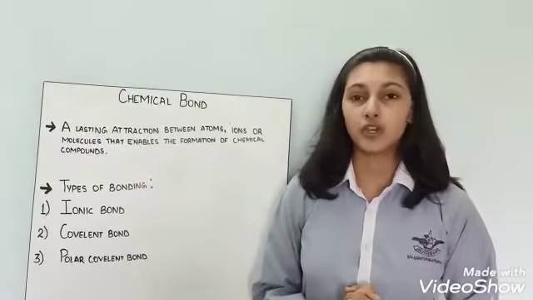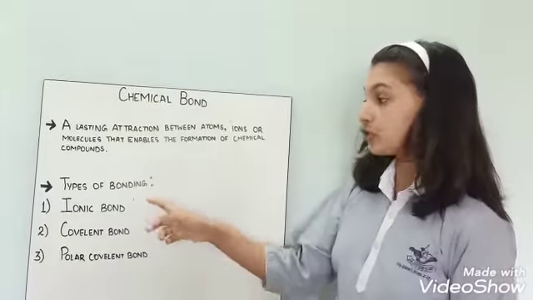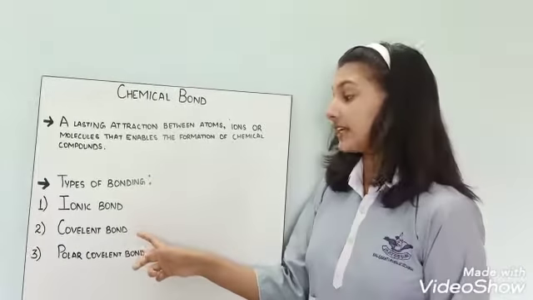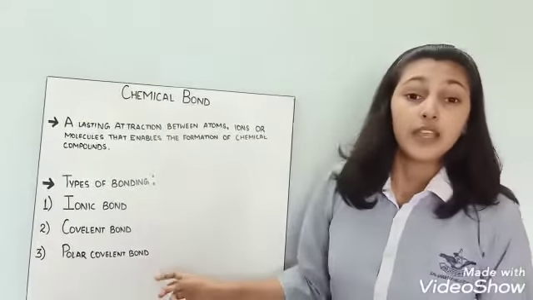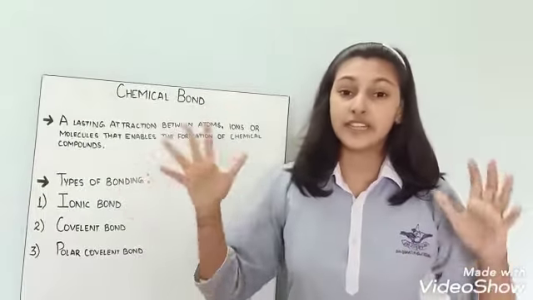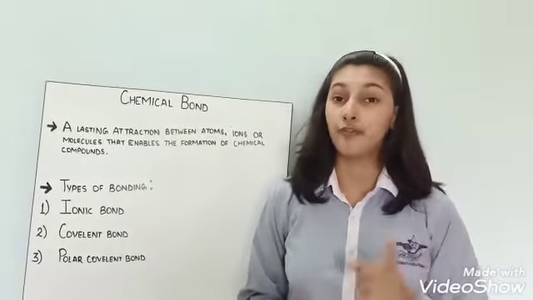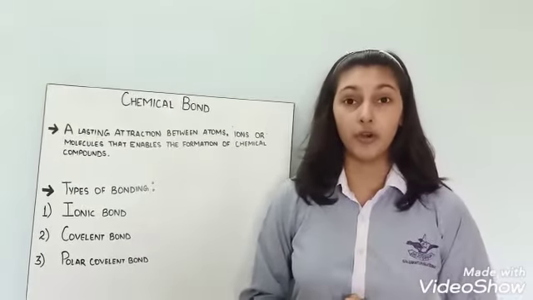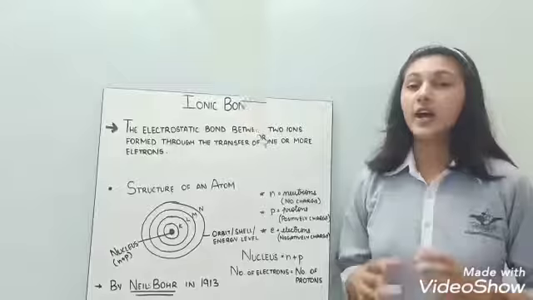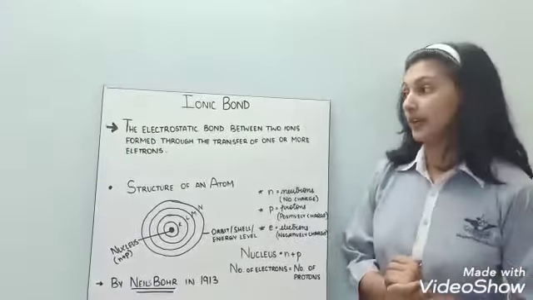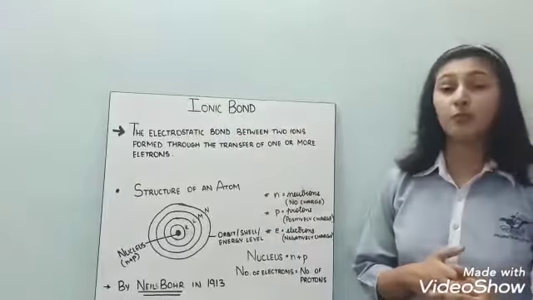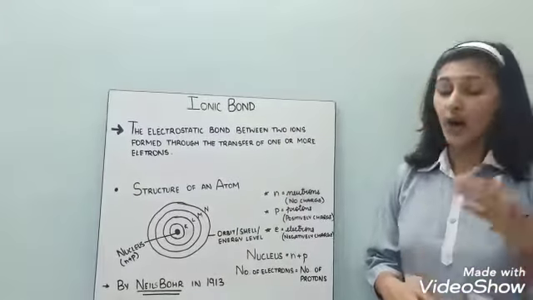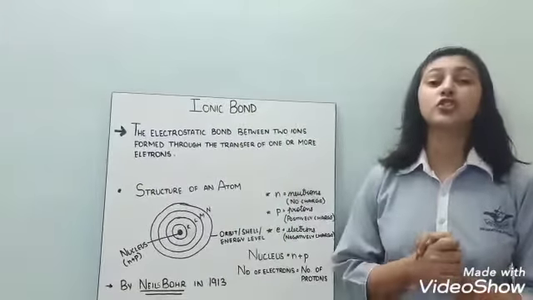There are three types of chemical bonding. The first one is ionic bond, the second is covalent bond, and the third one is polar covalent bond. In this video, out of these three, we are going to learn the first one, which is ionic bond. Now let us start with what ionic bond is. The electrostatic bond between two ions formed through the transfer of one or more electrons is known as ionic